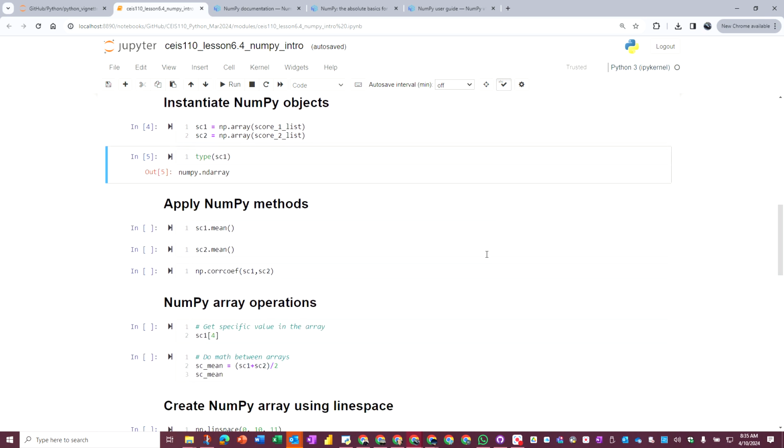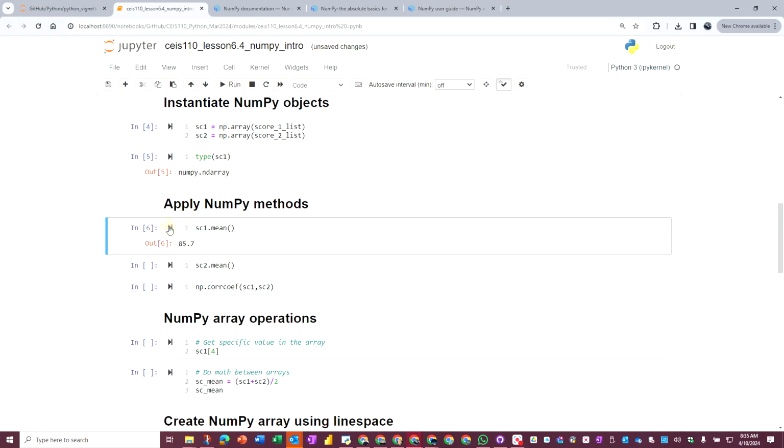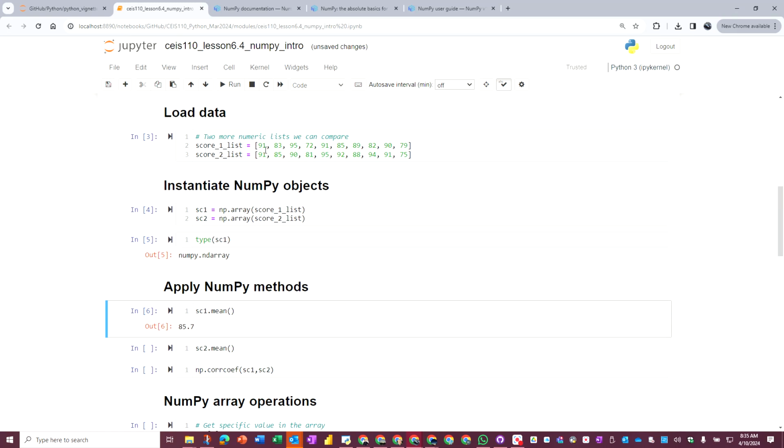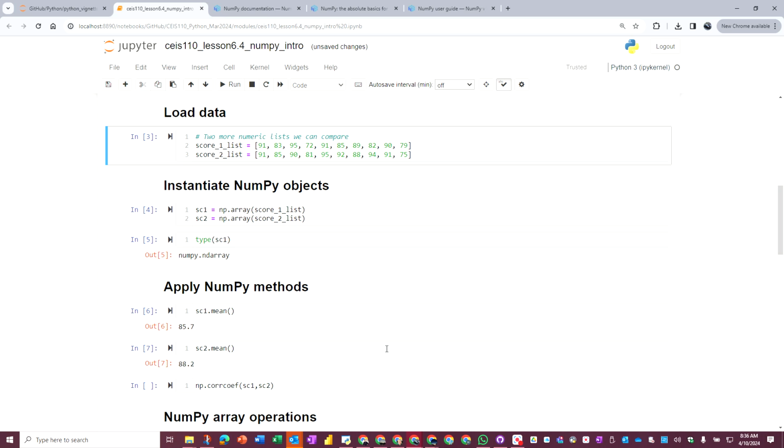So let's take a look at some of the methods. One of them is mean. I have a lot of statistical methods. So the mean, which is the average. The average of the first list, let's scroll up a little bit, this first list that I have right here, the average of such list is 85.7. The average of the second list is